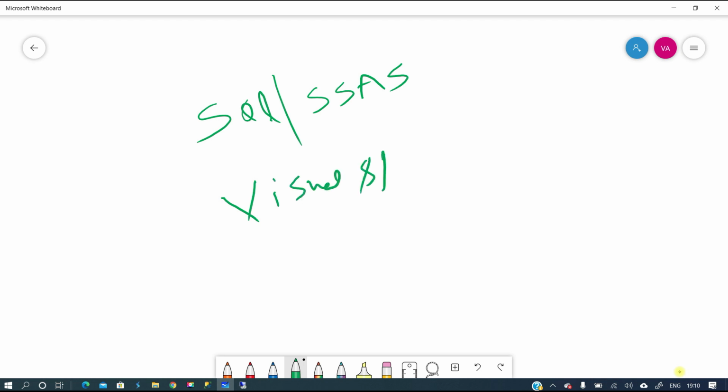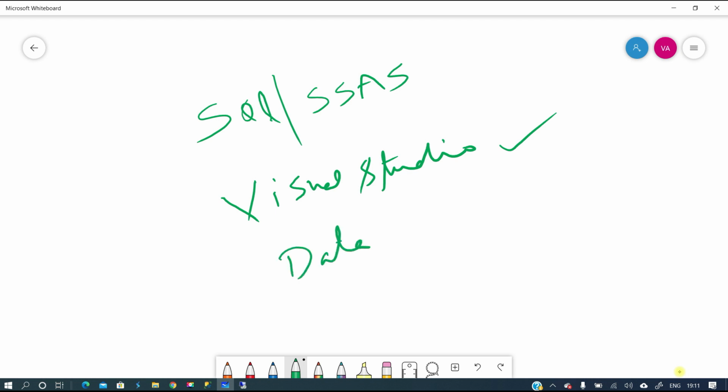Last session we installed SQL Server with the SSAS Tabular model, and what we require more is Visual Studio, and we also need something called SSDT. Visual Studio is an IDE, an Integrated Development Environment. Here we can write .NET applications, C# applications, and do Python development. There are multiple things we can do in Visual Studio.